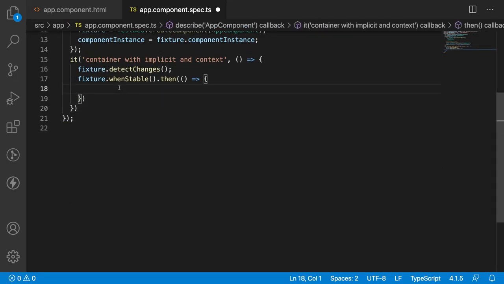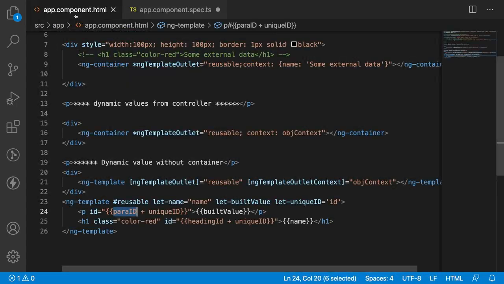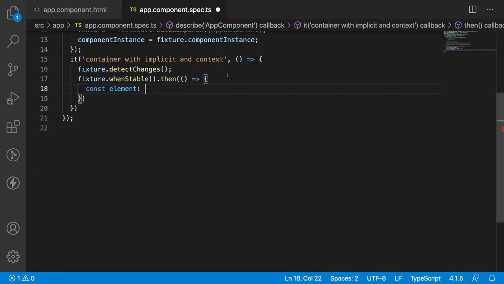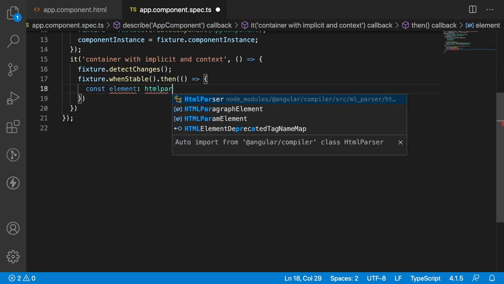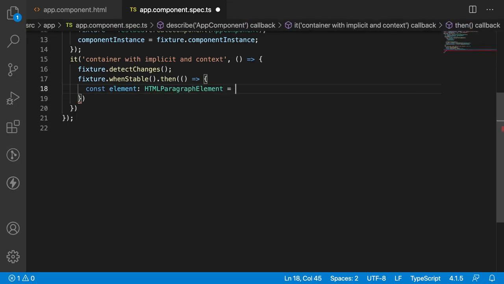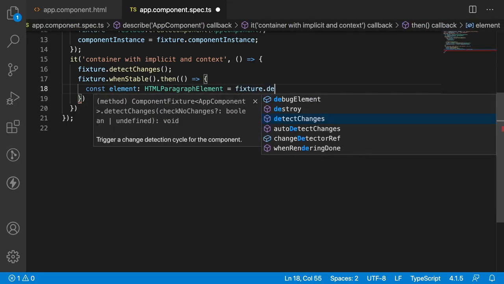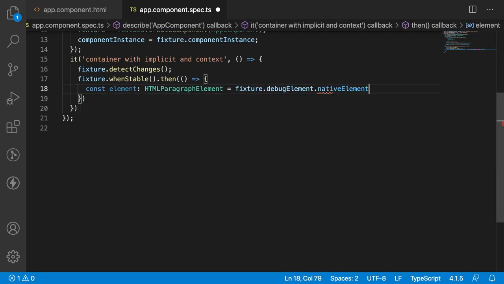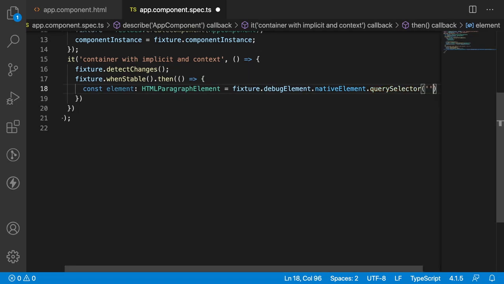We can test those IDs by using element: HTMLParagraphElement is equal to fixture.debugElement.nativeElement.querySelector of hash,